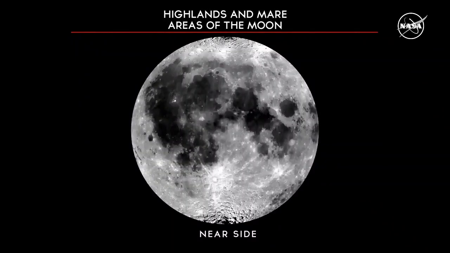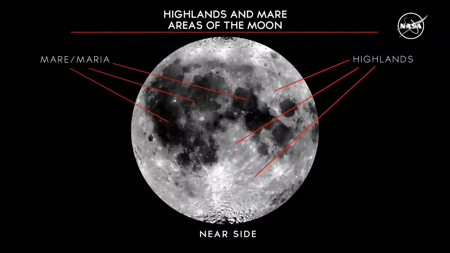So if we then take a very broad brush look at our moon, we can see that we have our mare or maria on the near side, where we've had eruption of lavas onto the surface and resurfacing of much of the near side of the moon through these eruptions. We then have these Highlands crustal areas, which are dominated by the mineral